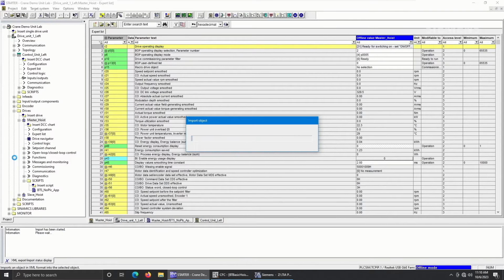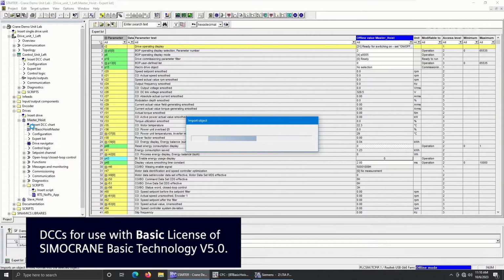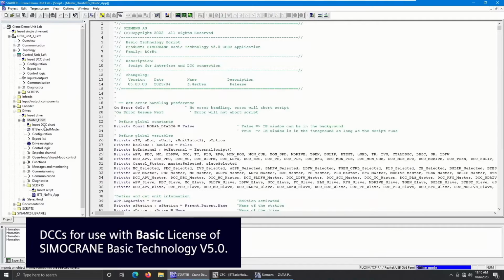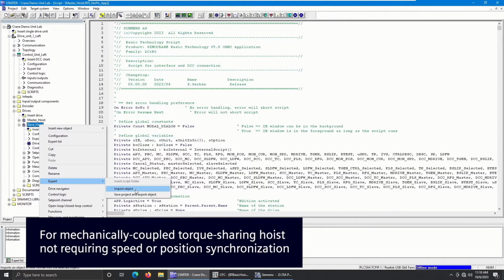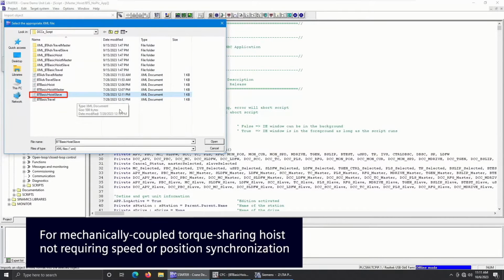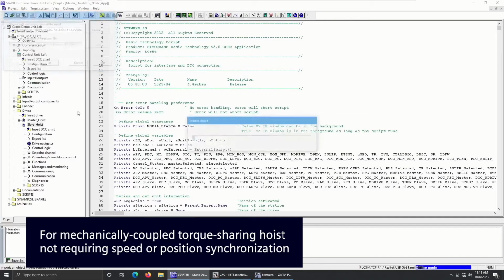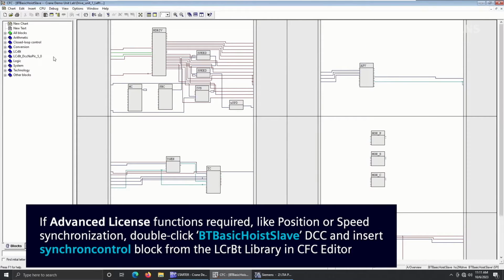Note that these DCCs are intended for use with the basic license of SIMOCRANE Basic Technology V5.0. This means that these DCCs are designed for use on mechanically coupled torque sharing hoists that do not require speed synchronization or position synchronization. If advanced license functions, such as position or speed synchronization, are required, you should double-click the